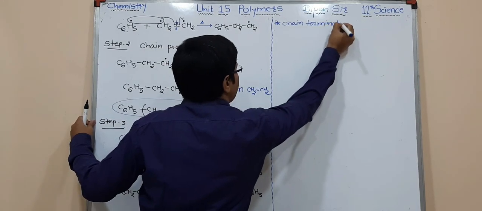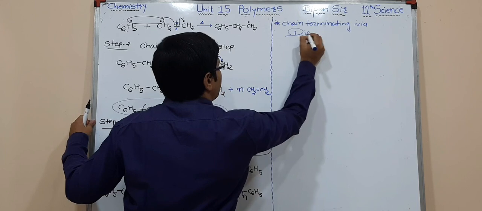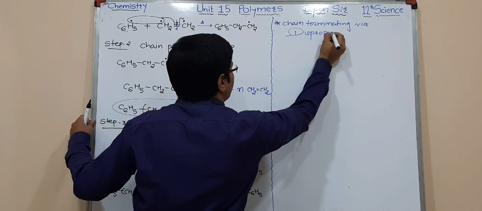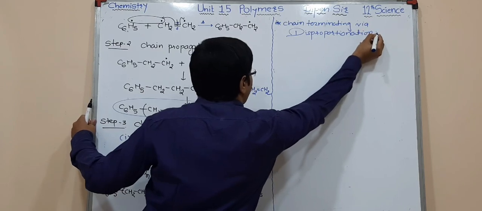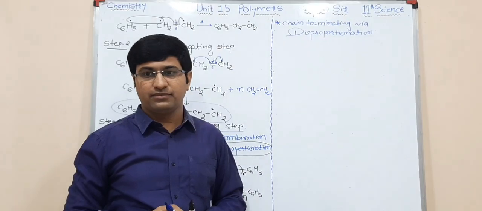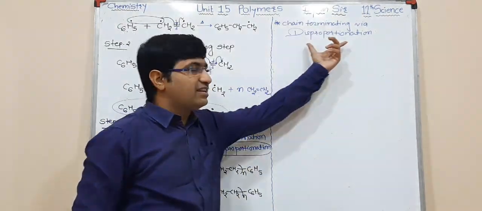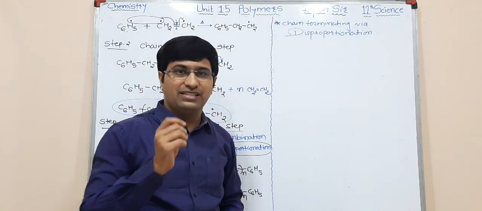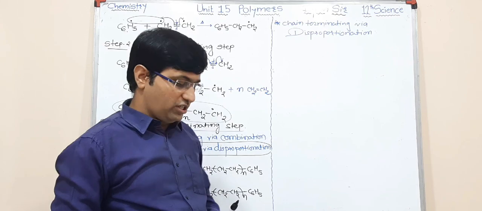Chain terminating via disproportionation. First of all you must be aware what a disproportionation is. This word you have studied in redox reactions. It is an example of redox. So disproportionation